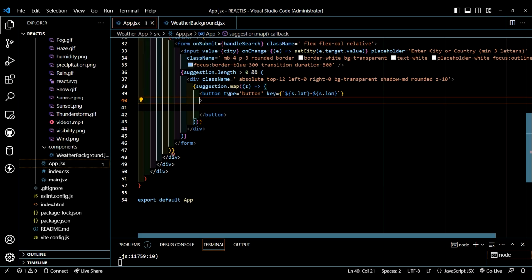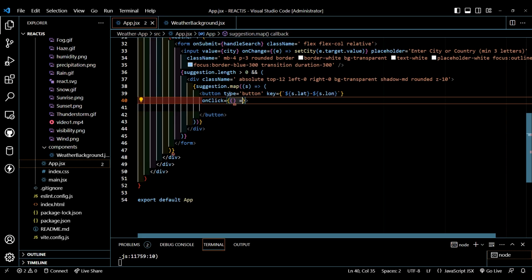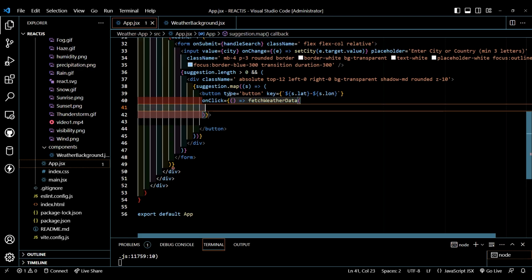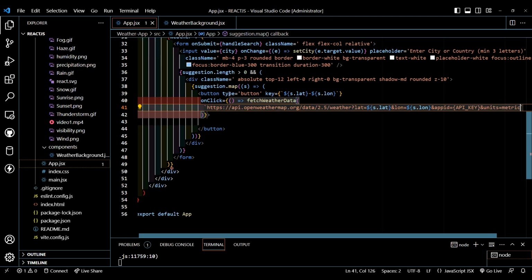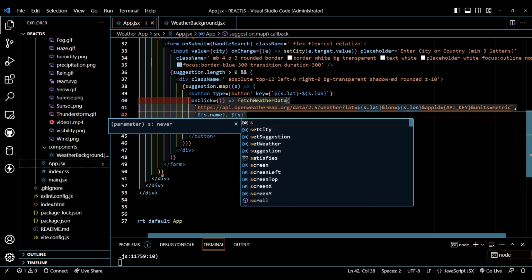Then here let's type onClick an arrow function fetchWeatherData. Here let's type backtick and place the API key. Now backtick s.name, put a comma, $s.country,